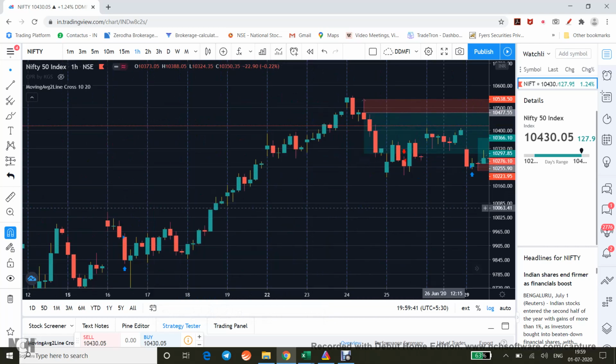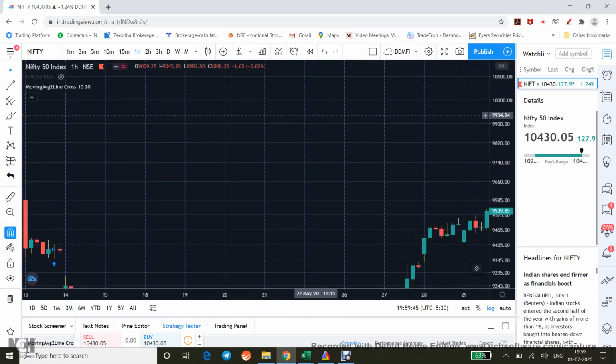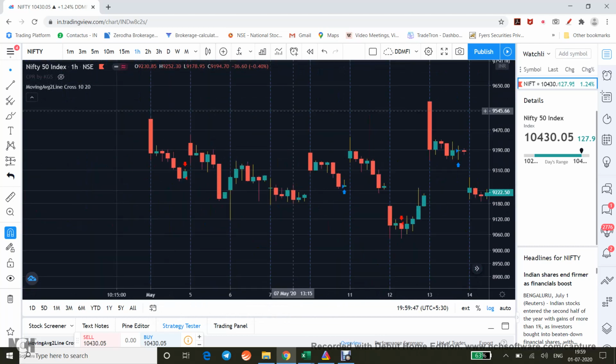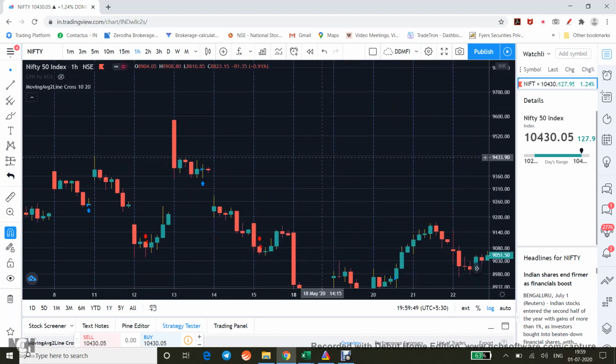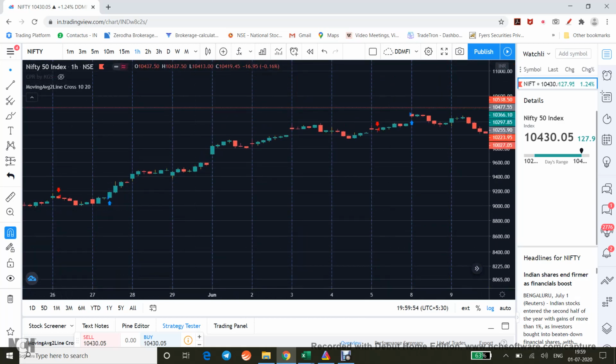You can keep on going as far back as you have a decent amount of data, and you can figure out how well or not well you perform, and where you'll stand over a period of time.